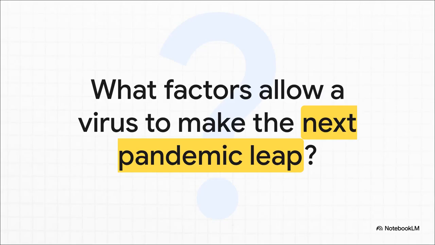And this, right here, this is the final multi-billion-dollar question. Influenza is a master of this game. It's perfected the art of jumping from animals to humans and then spreading like wildfire. So many other viruses try and fail. What is influenza's secret? What is that specific biological key that unlocks the door to a full-blown human pandemic? Because finding that key is probably our best hope of preventing the next